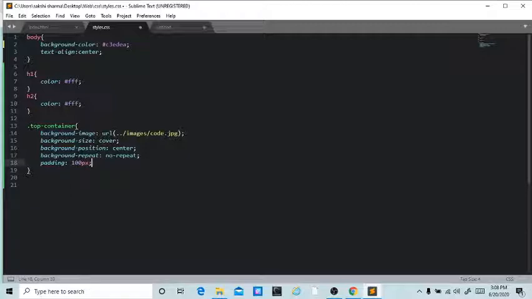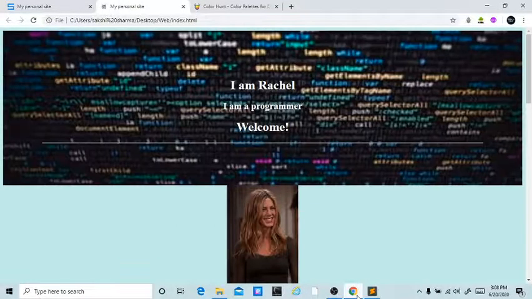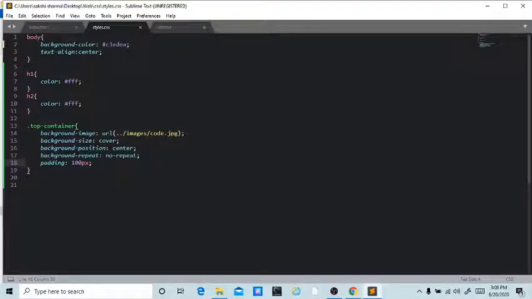Let's say 100 pixels, and let's refresh and check. You can see it's not looking so great because we have given padding to top, bottom, right and left, but we want padding only for the top side. So first of all we'll change it here to padding top.